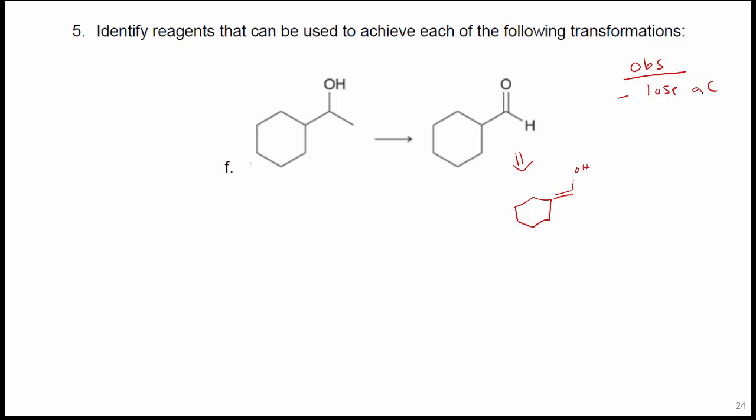So if we were doing the enol, in order to do that enol, we would need to have an alkyne present, which in this structure, I have too many bonds to carbon. So this way is not going to work. Also, we're losing a carbon. So we want to rethink our synthesis here. Anybody have other ideas?